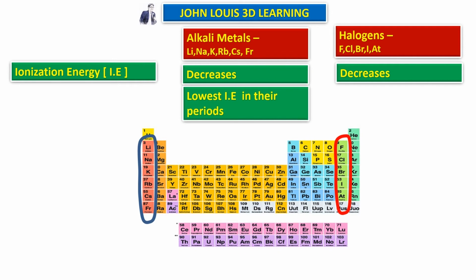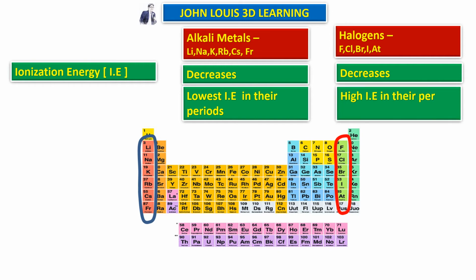And which has the lowest ionization energy in the periods? All the alkali metals have the lowest ionization energy in their periods. Whereas fluorine, chlorine, bromine, iodine are the last elements in their periods, so they have high ionization energy, but slightly lesser than the noble gases, the 18th group elements. They are highly stable, so it is very tough to pull out the electron, and therefore they have very high ionization energy. Next to the noble gases or inert gases, halogens have the highest ionization energy.